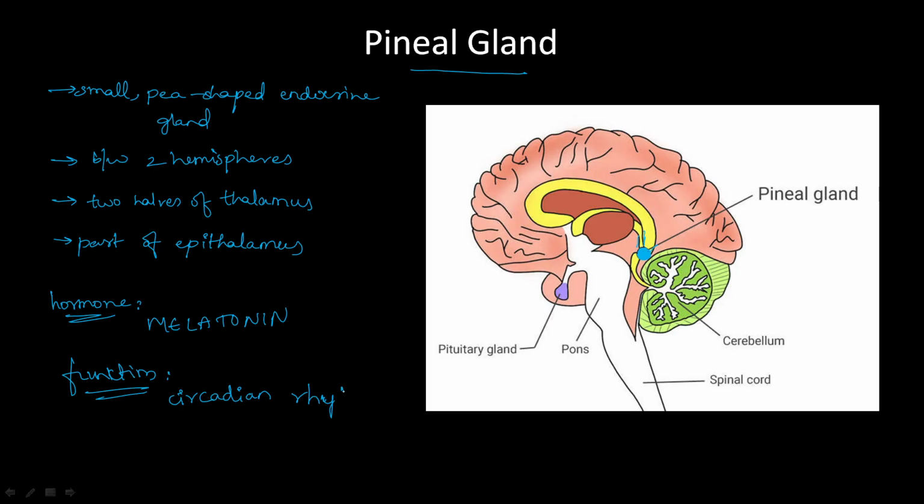It is a small pea-shaped endocrine gland, present between the two hemispheres and between the two halves of the thalamus, and it is part of the epithalamus. The main hormone released is melatonin, and the function of the pineal gland is to regulate the circadian rhythm of the body,